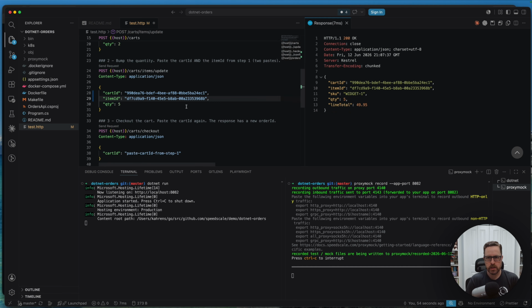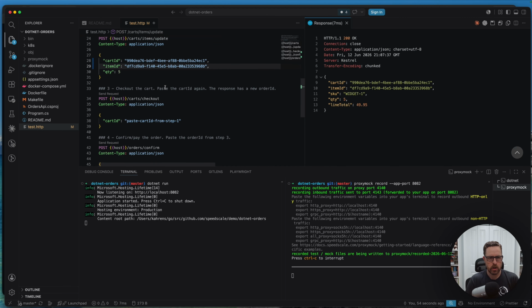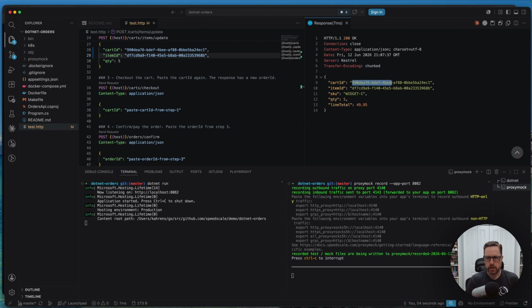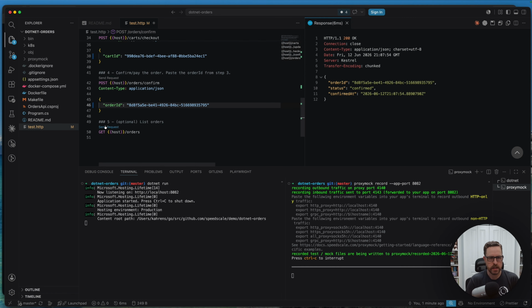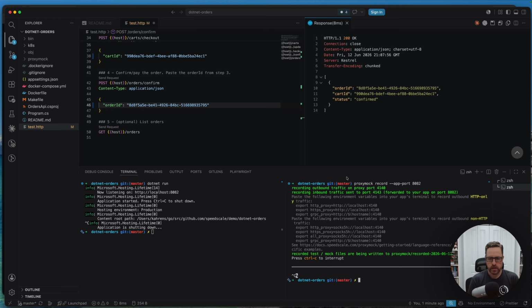I've got to go grab them so that I can update my cart, and then I got to grab the cart ID again so I can check out. So I check out my cart, and I get an order ID, and then I take my order ID and I pay for it, and finally I get a list of my orders, and my order is there. So I've got a good recording of everything, but what if I have to restart my app? So I'm going to restart my app now,